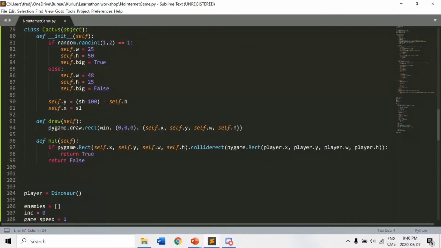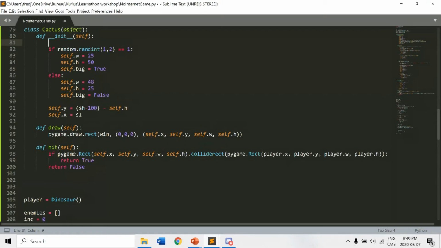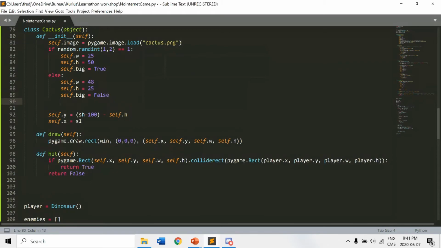Okay, so for the cactus, over here, just going to have another value, self.image, because there's only one image for the cactus, is pygame.image.load, and we're going to load cactus.png. I wasn't very original with the names, but yeah, that's the name of the image that we're going to use. And the big cactus and the smaller ones are the same image. It's just that we're going to resize it. And the way we're going to do this is if it's a small cactus, we're simply going to define self.image to be